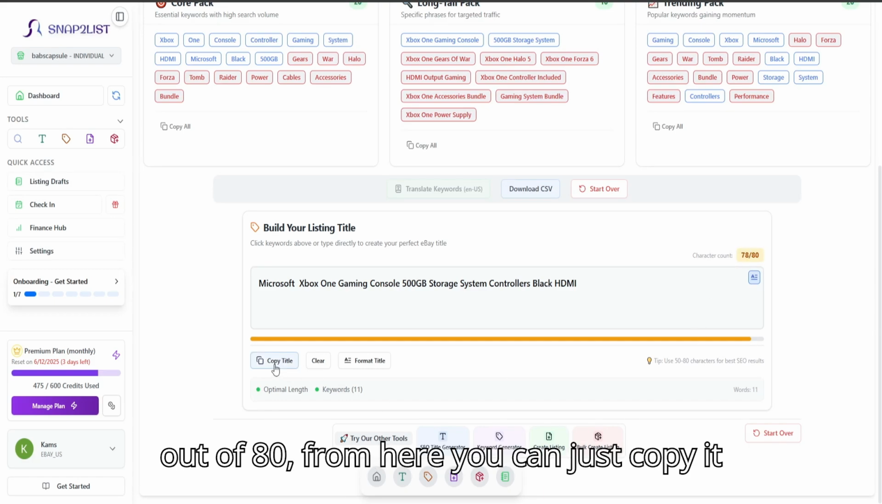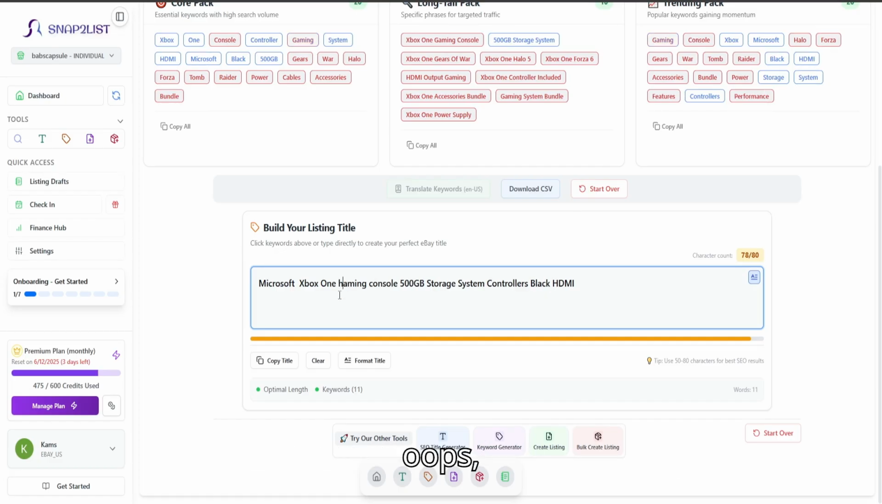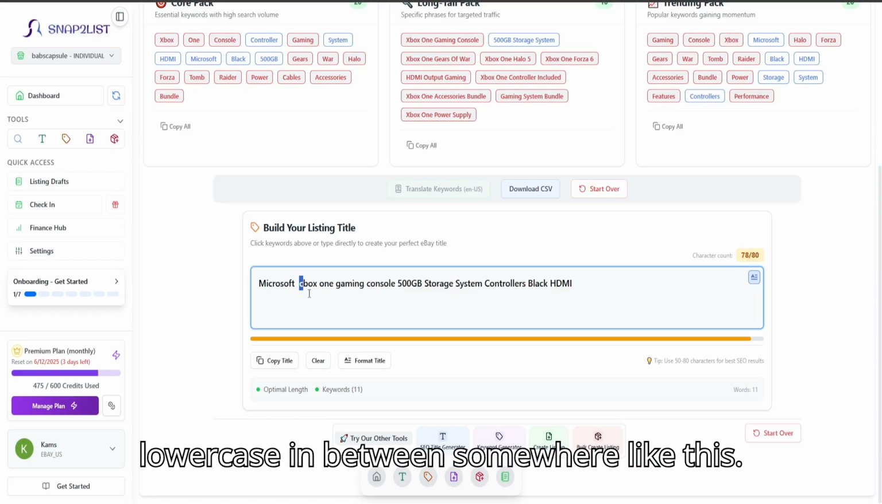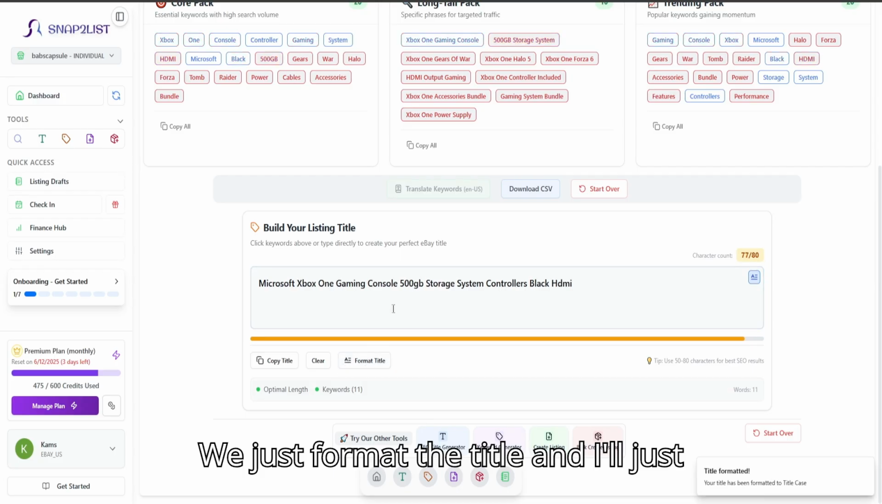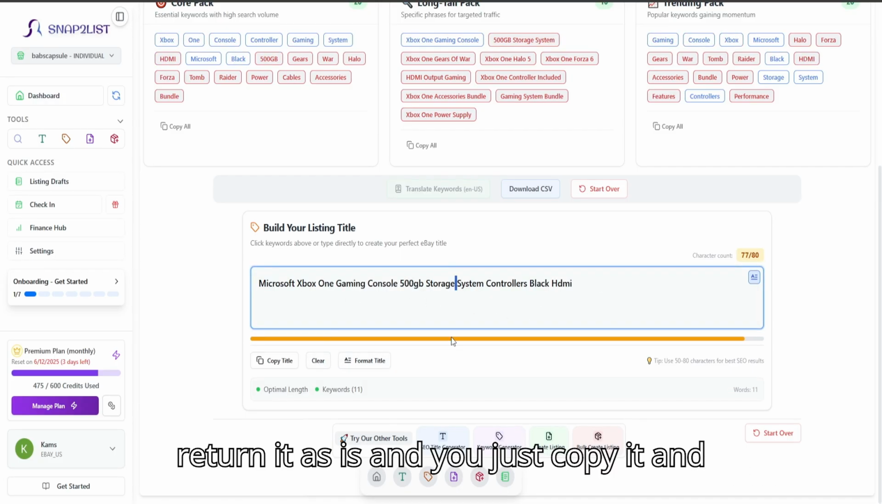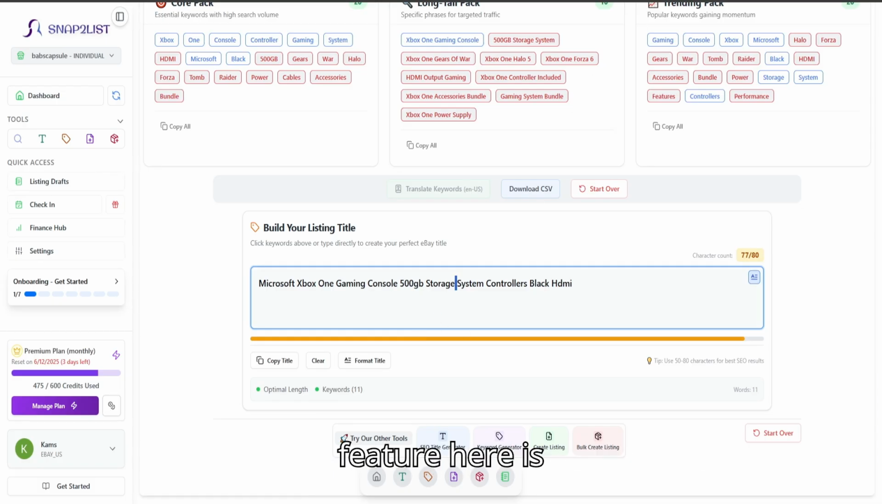From here, you could just copy it, and let's say you can format the title. So let's say if this was lowercase, oops, made this mistake. Let's say we had this lowercase in between somewhere like this. We just format the title and it will just return it as is, and you just copy it and paste it. And now the main feature here is our